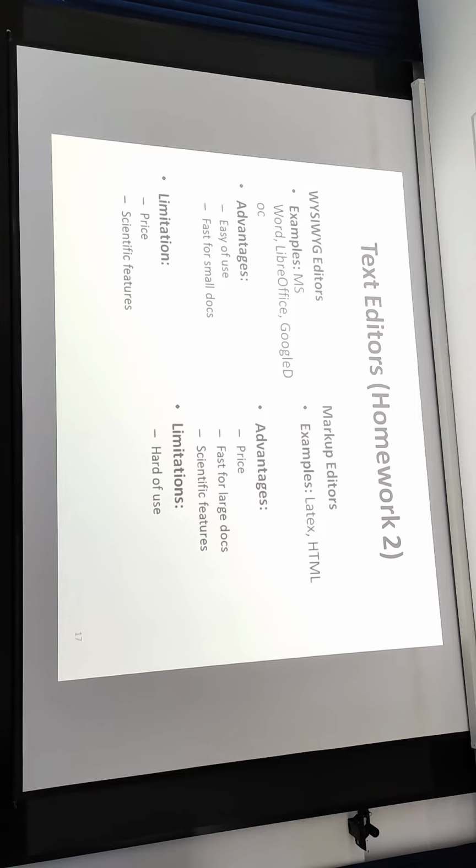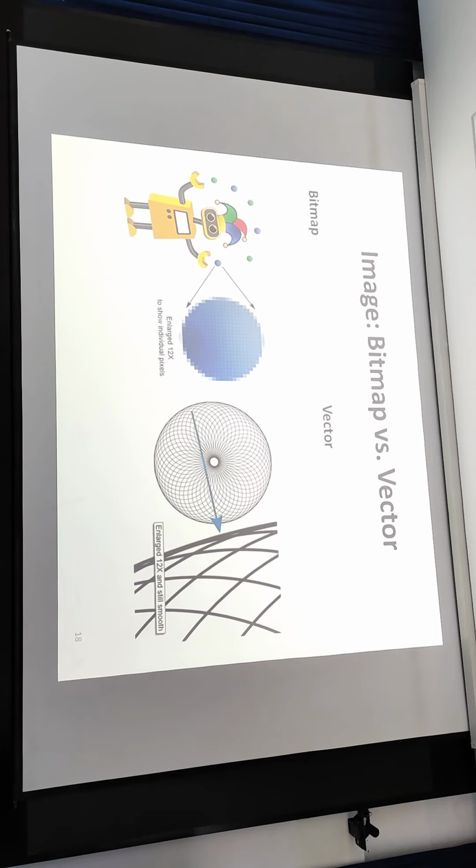This is called fonts, you use it every day. And for pictures, I would like to introduce you to two different types of images. The first one is called the bitmap image. The second one is the vector image. You could see in this slide what is the difference between the bitmap and the vector image.